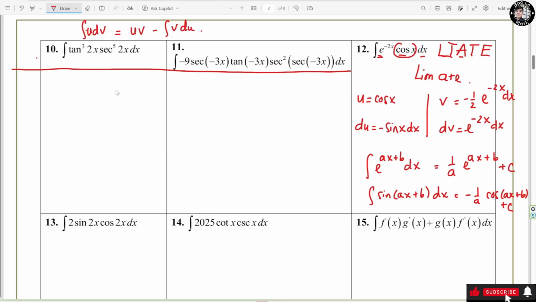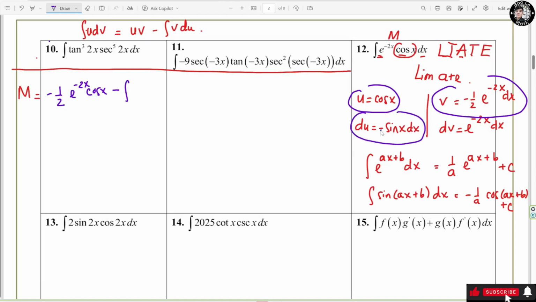Now I use this formula, so this guy turns out to be, this is why I call this m, right? So I have m equals u times v, u is this one, v this guy, right? So I have negative 1/2 e to the negative 2s cosine s, right? Minus the antiderivative of v du. V is right here and du right here. So you have negative sine right here and negative right here becomes positive, right? And I bring 1/2 to the front, so I have negative 1/2 e to the negative 2s sine s ds,